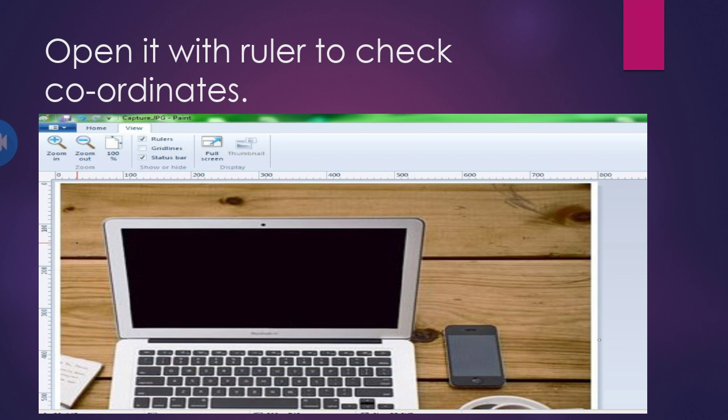Now for example, I want to apply image mapping on the laptop. So I have to select the area. The starting of the laptop is at somewhere around 100 on the x-axis, and on the y-axis the starting point is also approximately 100. For the other corner, x+1 and y+1, the coordinates are approximately 500 on the x-axis, and also approximately 500 on the y-axis.